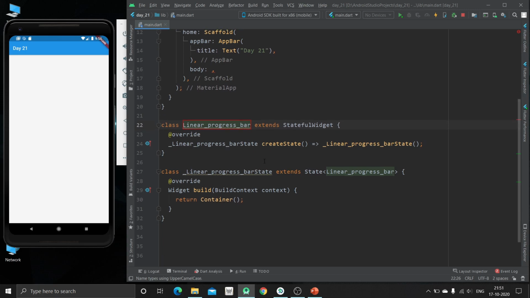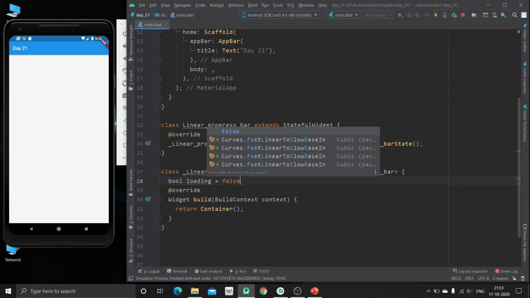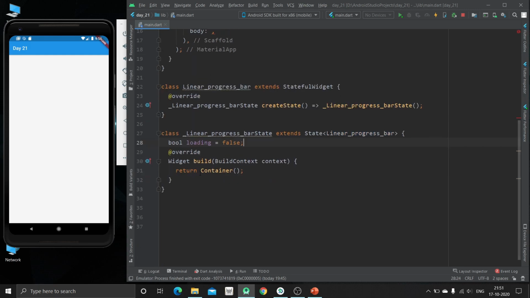So for that we have to create one boolean variable that is loading, and by default it will be false. Now inside this container we will create one child.